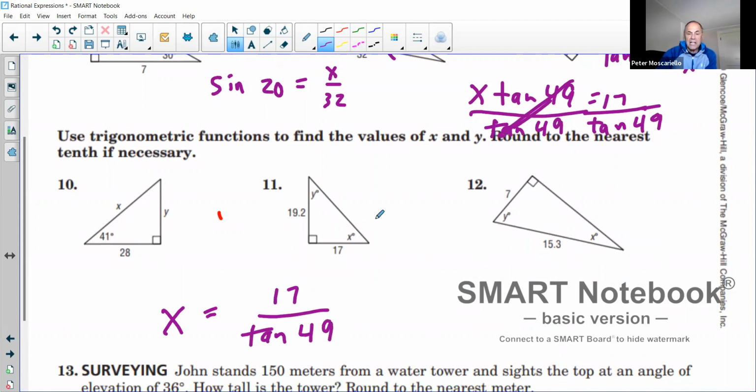If you have a TI calculator, just type it in like that, 17 divided by tan 49 and get your number. On a telephone,